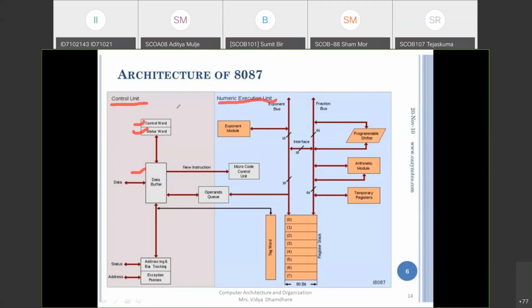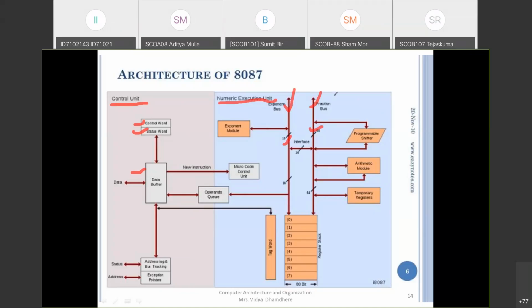So the control unit will be used as an interface for the main processor. Now in the numerical execution unit, the bus is divided into two parts. The first bus is called the exponent bus and the second one is called the fraction bus, also called the mantissa bus. The exponent bus is 16 bit and the fraction bus is 64 bit.